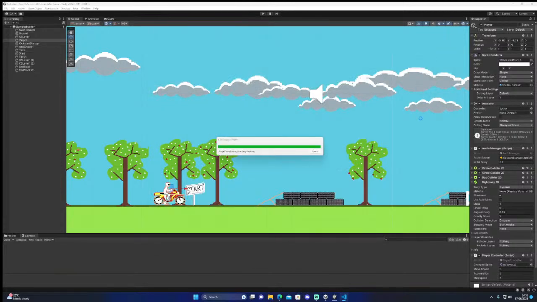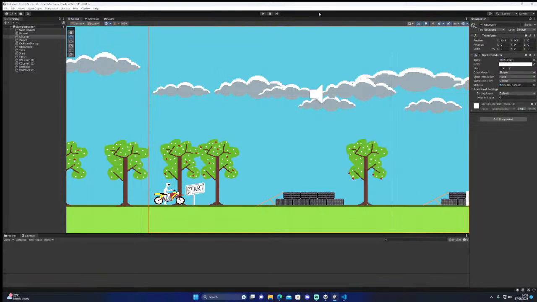So acceleration, that must be my acceleration here. Let's just put that at 10, see if that happens. And I'll increase the mass by 2. Let's see what that does.